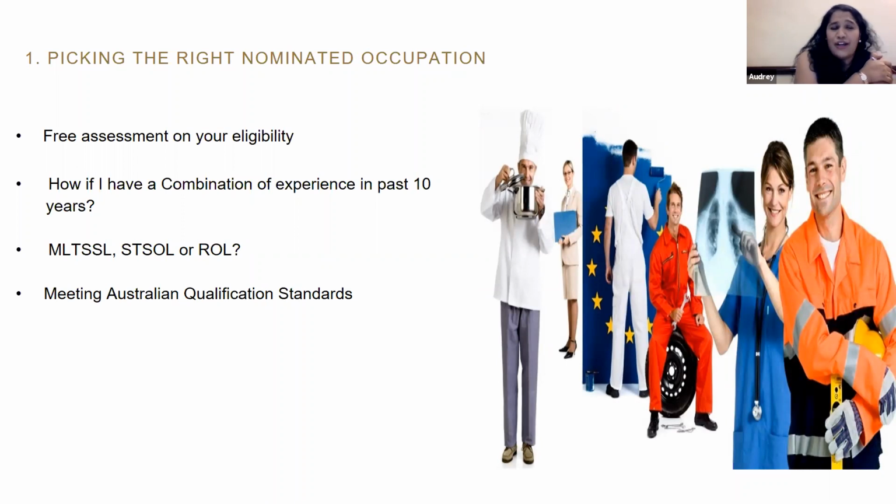I know for some it's very direct to pick the occupation, no brainer. Okay, but sometimes there are almost 500 occupations available for migration. So how do you know which is the best for you, which is the most suitable one for you, right? It's important to pick the right one that can also give you a fair chance of success.